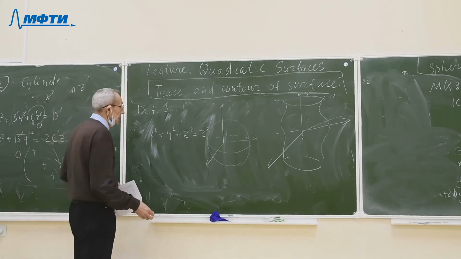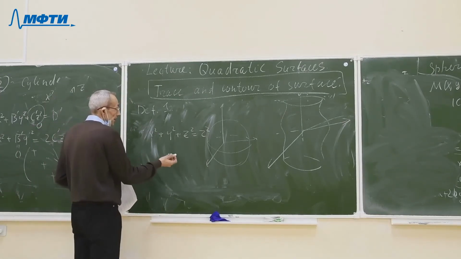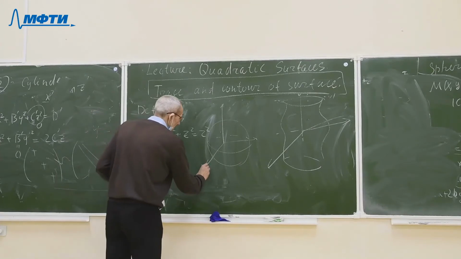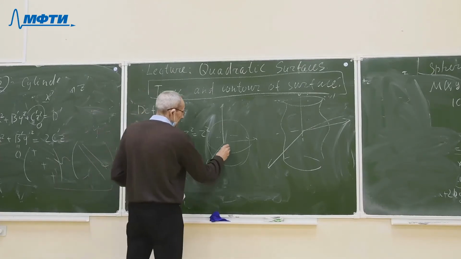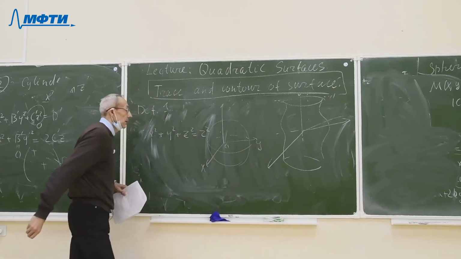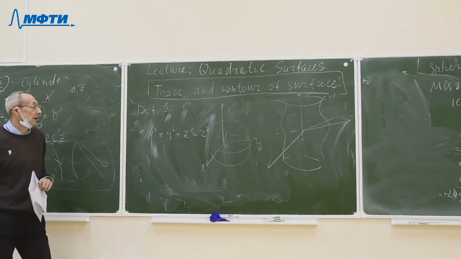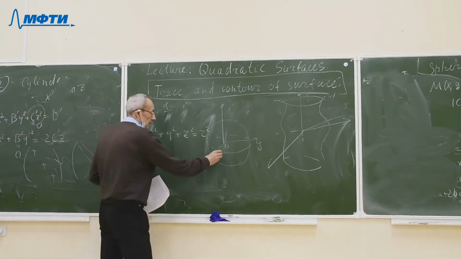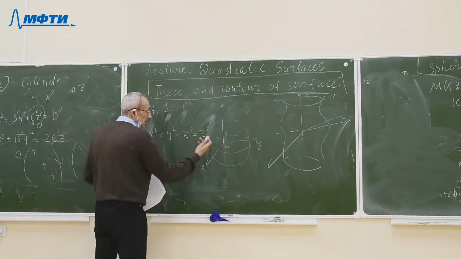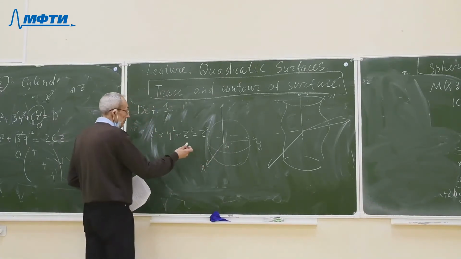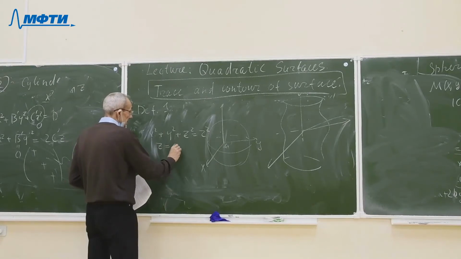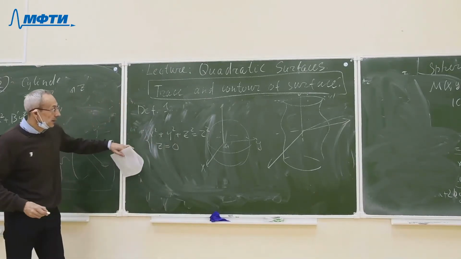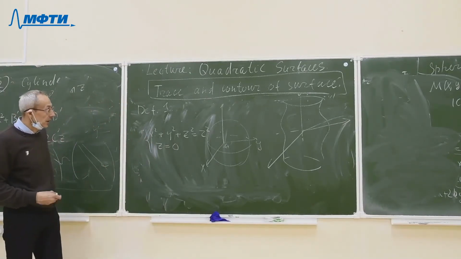Let's consider the intersection of the sphere and the coordinate plane xOy. The equation of this coordinate plane is z equal to 0,